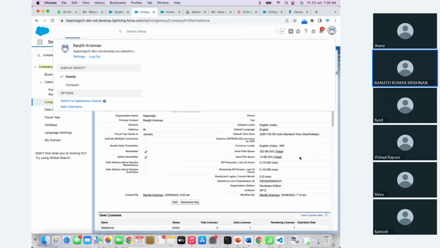So I provided all my details, and those details are available here. My company, I'm the primary contact, and the rest of the information is default information assigned